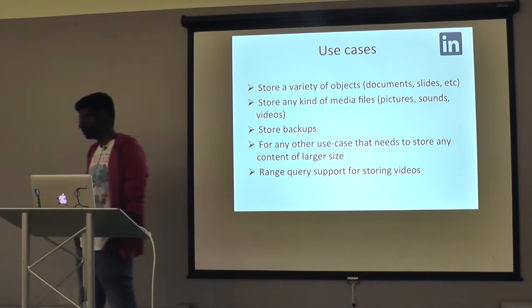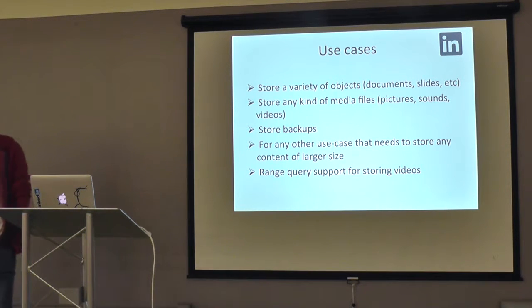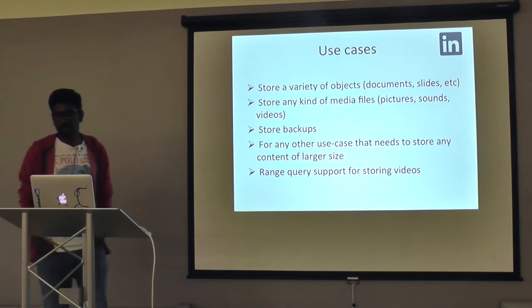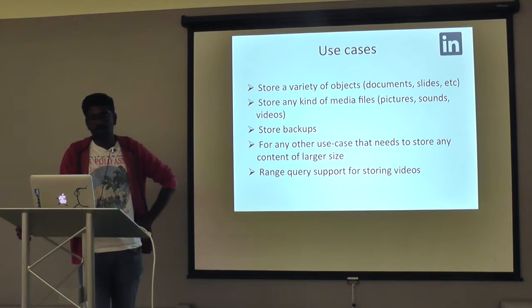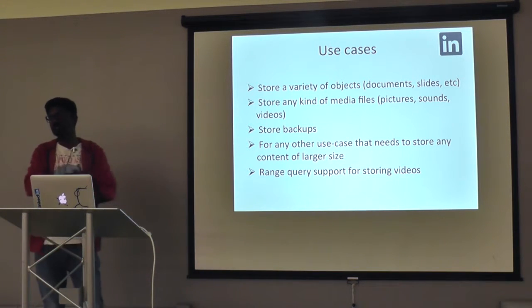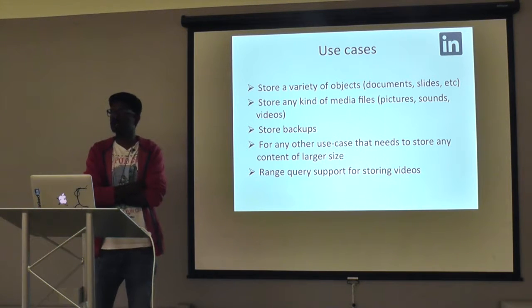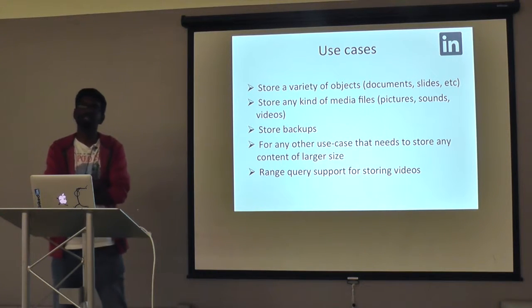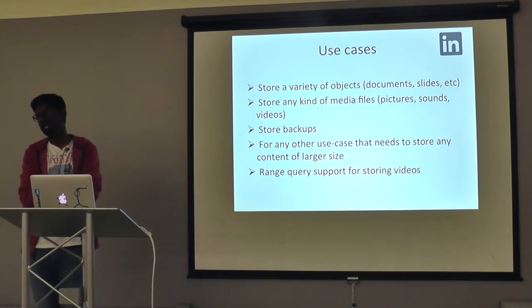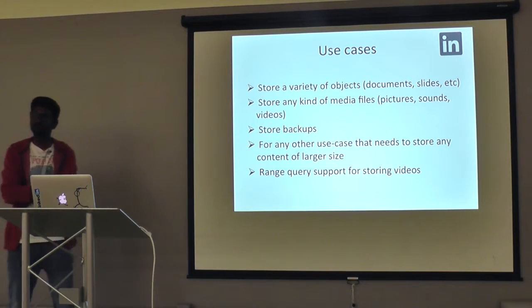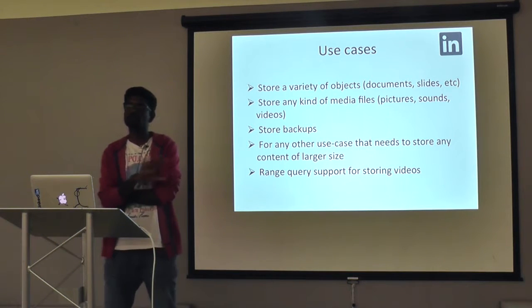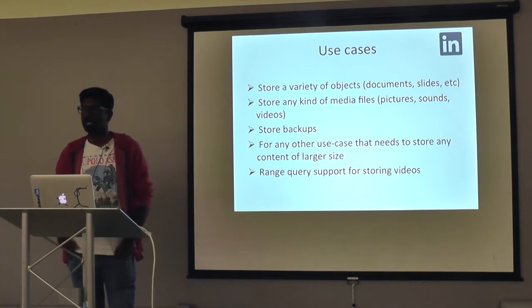You can store backups. Most of the companies out there have databases for their real-time systems, so definitely everyone needs a backup. Even there is a requirement from Espresso within LinkedIn that they need a backup once a day. So backups take huge space. If you're just going to store in a file, it's overhead for you, and then you need to delete it after a certain time. So Ambry actually provides a TTL: when you're uploading, you can set a certain expiry for your objects and then you don't need to worry about it. You can set an expiry for 2 weeks and after that, it's automatically deleted from Ambry.